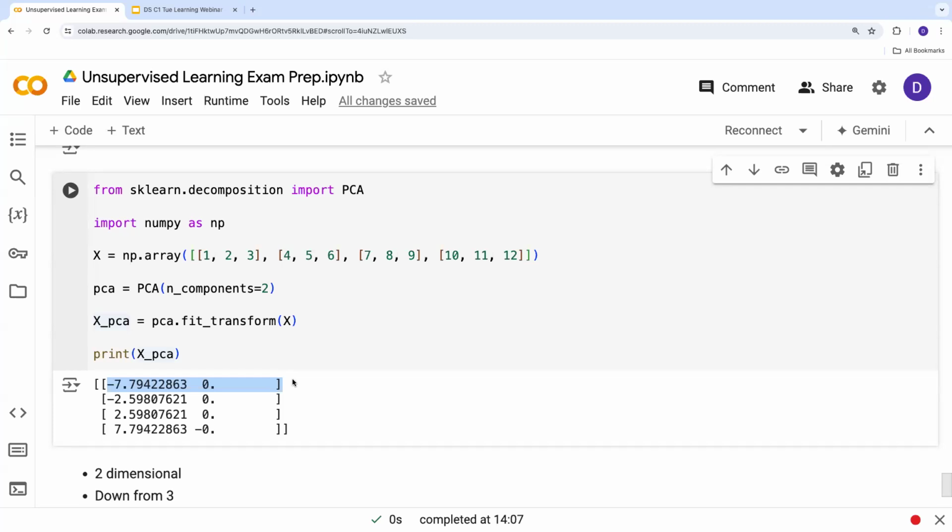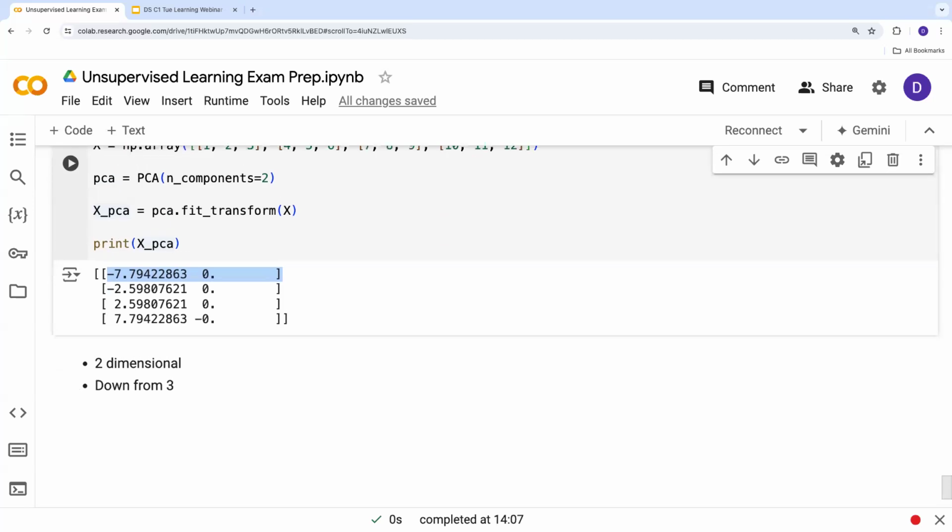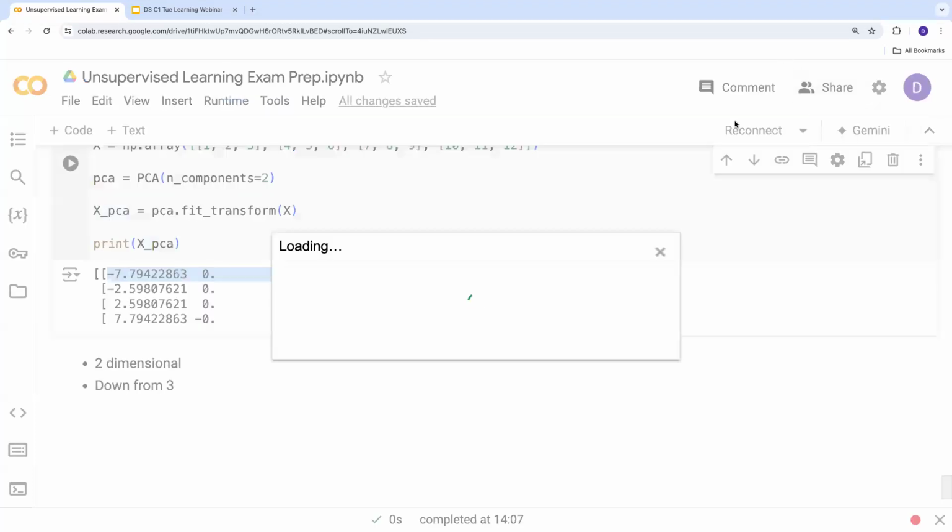So be very wary about using PCA for any supervised learning algorithm. While it can be used and you can see good results depending on the data set, it can confuse the user in terms of interpreting what's happening. But as we showed before, you can pivot these data points back to normal, but it's not always trustworthy. All right. So that is then some of the key concepts you need to know for your upcoming